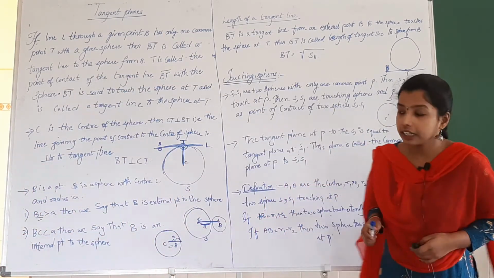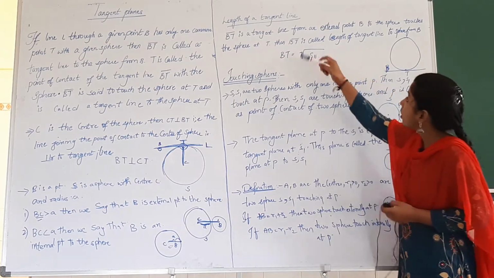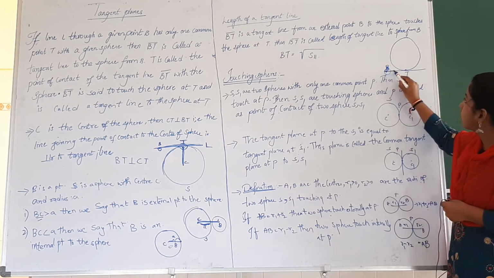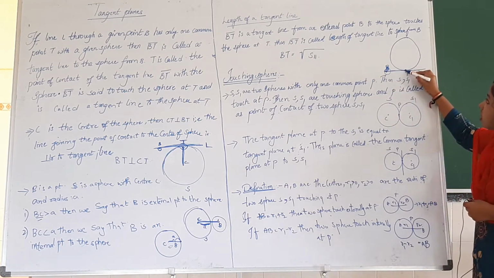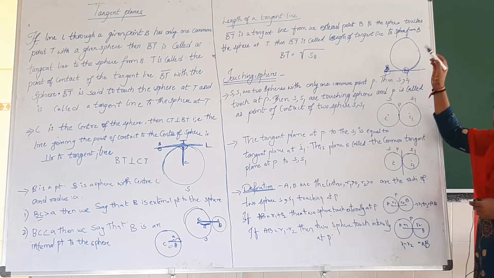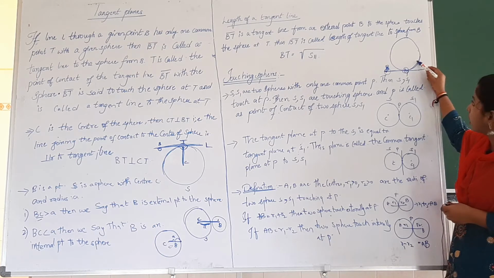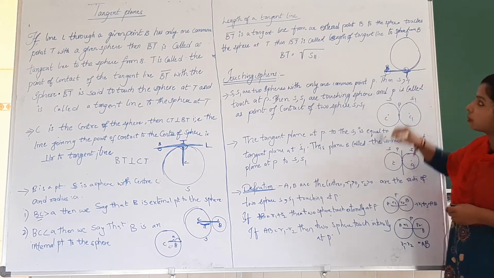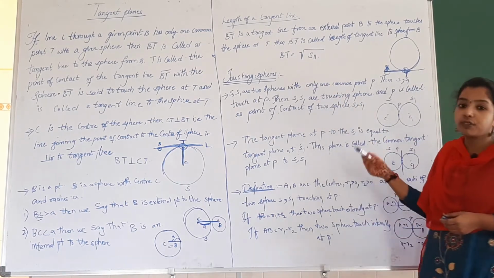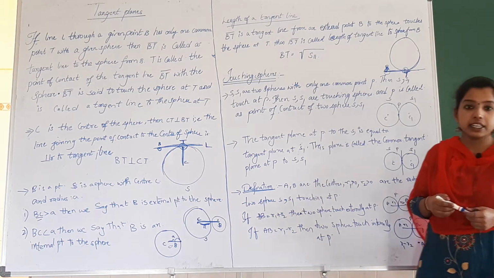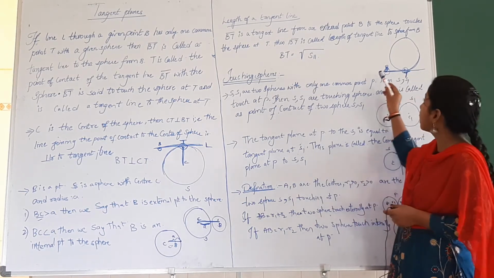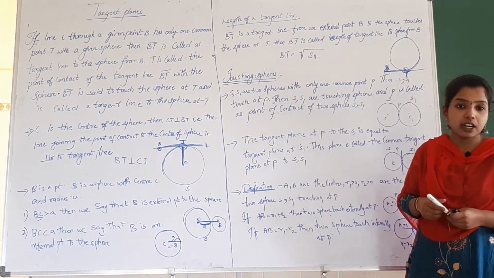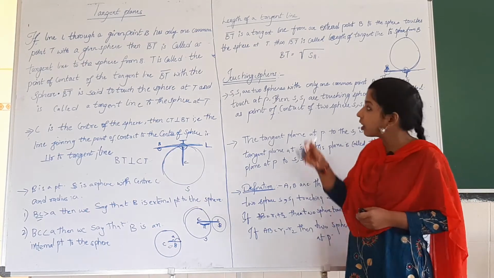So now the next thing is the length of a tangent line. Here B is a point, and through this point a line is passing and touching the sphere at a point T. That is, there is a common point between the given sphere and the line, that common point is T, and BT is the tangent line. So how to find the length of this tangent line BT? The formula to find the length of a tangent line is square root of S11.